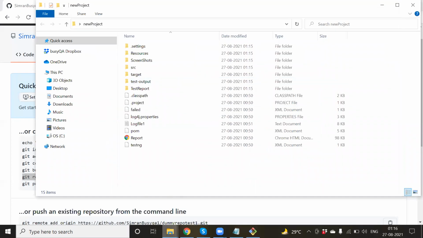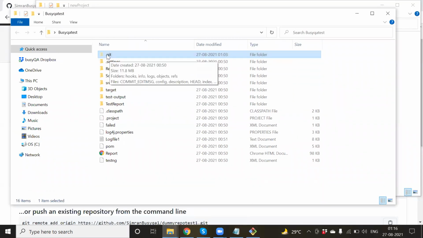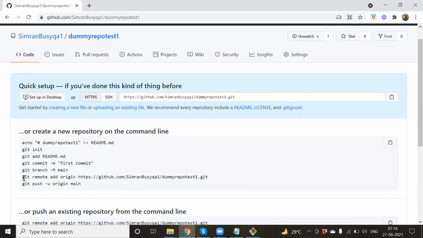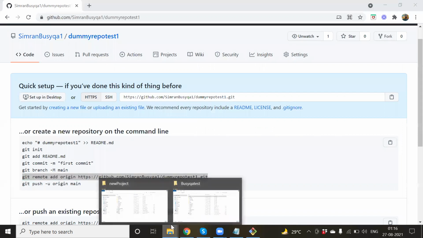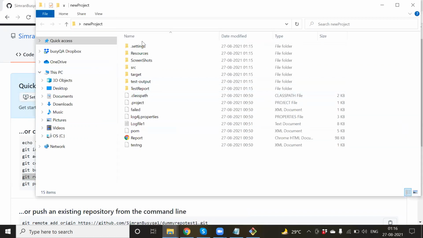Okay, and this was very much because of this .git only, guys. This .git tracks everything. You can think of it like a memory of this project folder actually. Because we cloned the existing git repository, this .git came in handy automatically, and it tracked the path of where you have cloned it from. It kept the memory of that, so we never have to use this git remote add origin there. Okay, but in case we are creating a completely new project in our local system only,